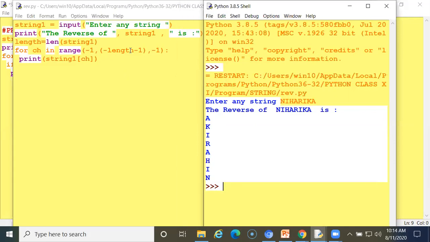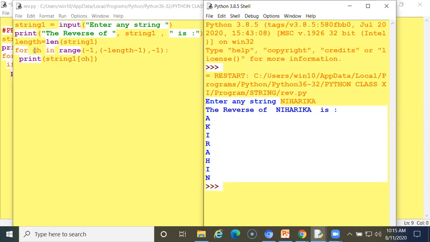Niharika? No, ma'am. So this line only you have to remember. For the counter variable, you can take any variable. And the range function, what does it do? This is our beginning part. Beginning, what am I giving? -1. And the ending part, what am I giving? Minus length. Whatever length I am getting, the number of characters it counts is stored in length. Length -1. Length is also minus and -1 again. So one character it is deducting from here.